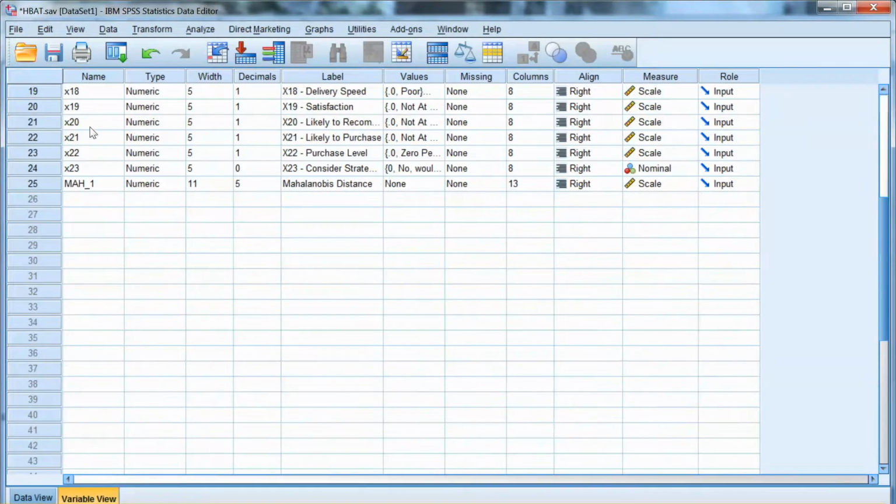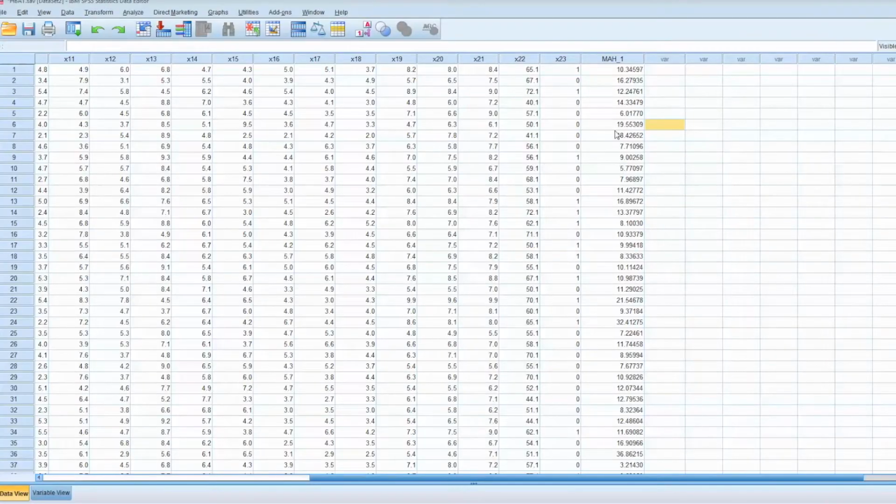You will notice that the D-square values are not presented in the output. Actually, they will be added to the data. Let's go back to the data and select Variable View. We can see a new variable is added, MAH. These are the D-square values. To identify outliers using D-square, we will compute the p-value for the D-square for each case. This is the probability of getting a D-square value as large as the current case's value in a chi-square distribution with the same degrees of freedom.